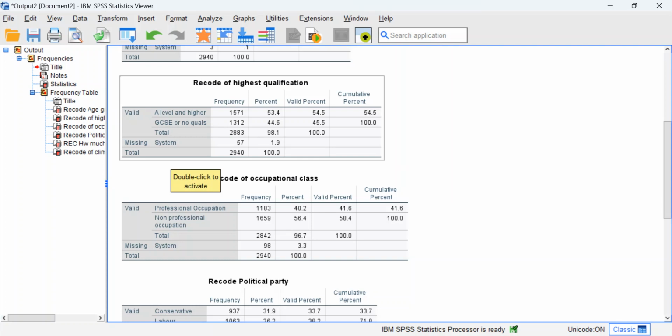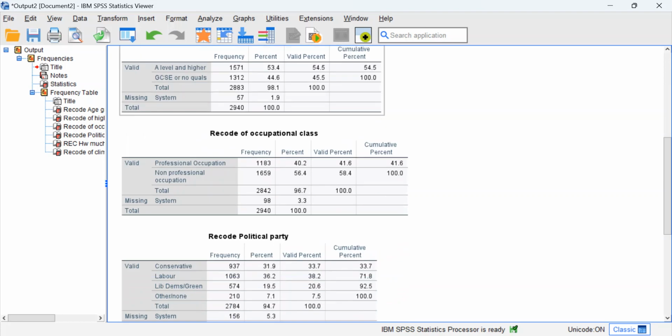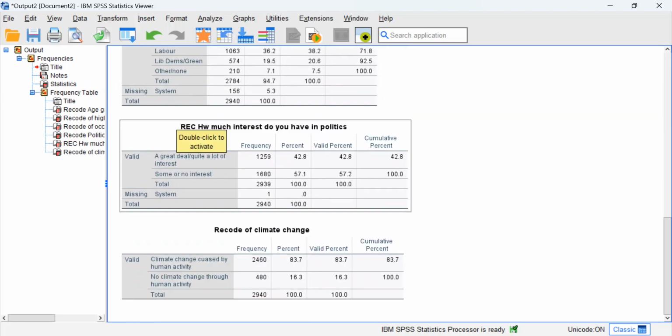But for illustrative purposes, I've decided to combine A-level and degrees, and then combine GCSE or no qualifications. I've also slightly recoded age group. I decided to keep the 18 to 24 on its own because it was looking a little bit different. I've therefore combined 25 to 54, and I've combined 55 and over. So I've recoded a lot of the variables in the data set, and that's the kind of thing you want